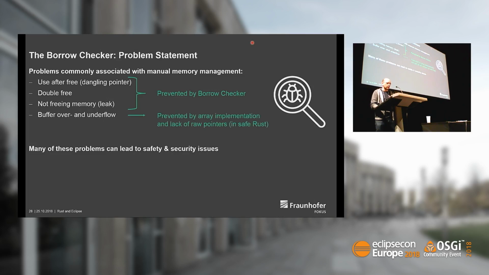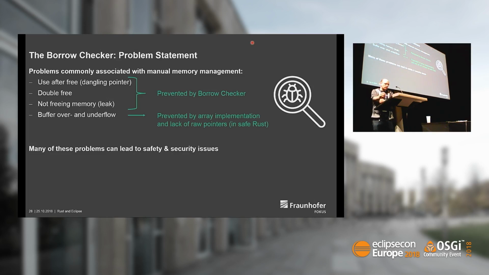The last one is prevented by the array implementation. So if you index into an array, there will be bounds checks. But if you use the iterator API to iterate over elements in, for example, an array, then the compiler will optimize it in a way that the assembly in the end looks like if you wrote for loops yourself. So there will be no additional